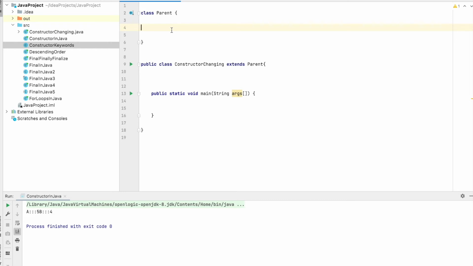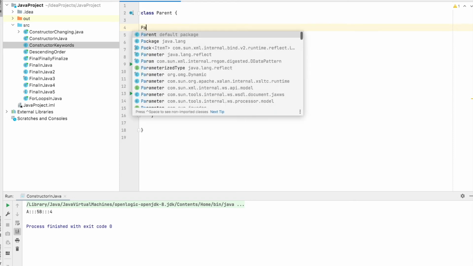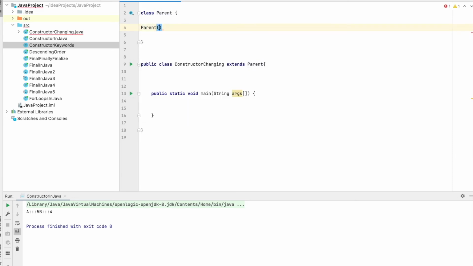Then how can we achieve it? Many times it's been asked how you can achieve constructor chaining. So let's see.